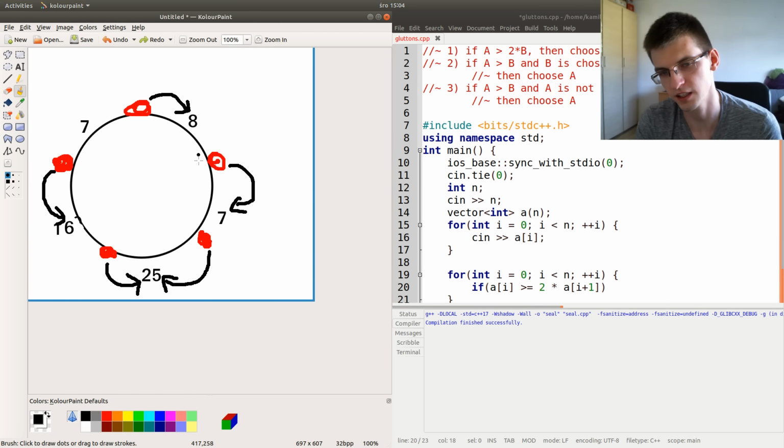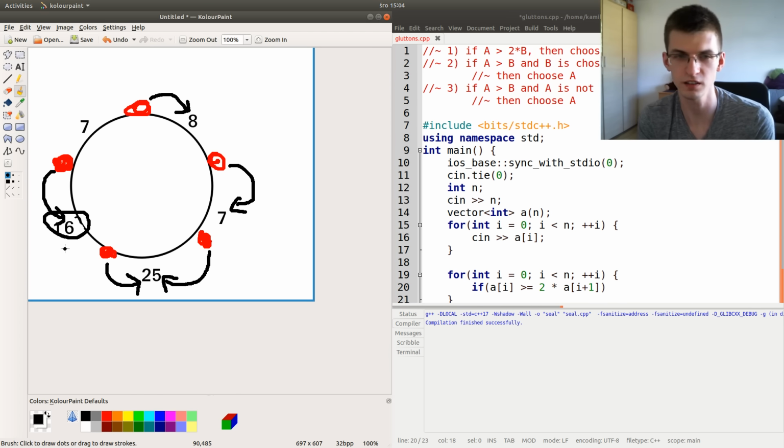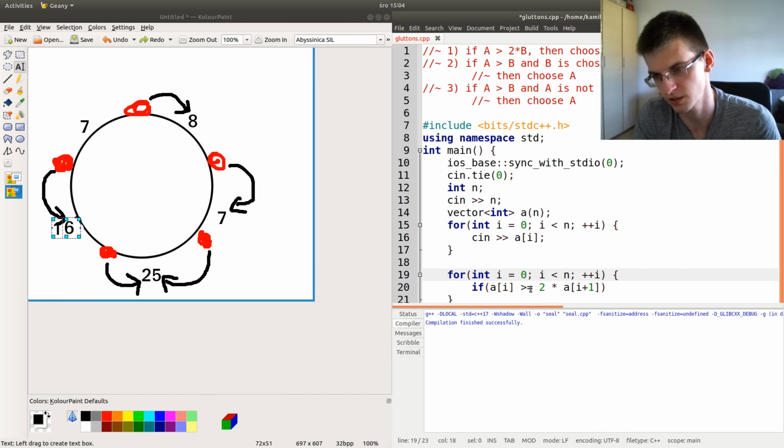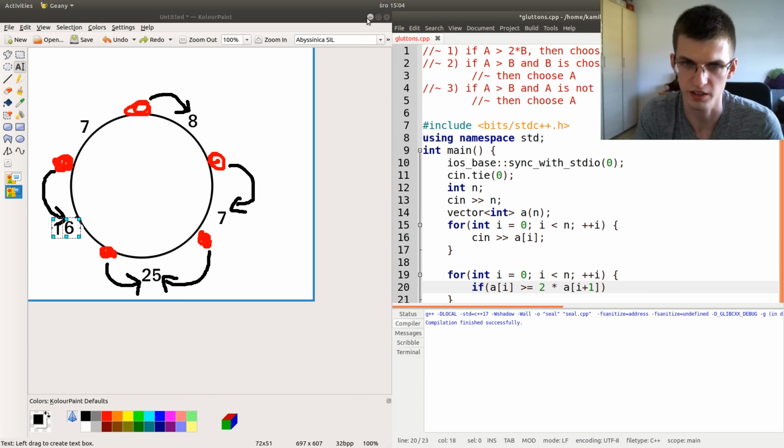The thing is that if we get, for example, 16 and next to it 8, we can say that the guy between those values will take 16. It's okay. He will not want to switch to 8. He's indifferent between the two choices. So I think it's okay to write greater than or equal, and I think it would also be fine to write greater than.